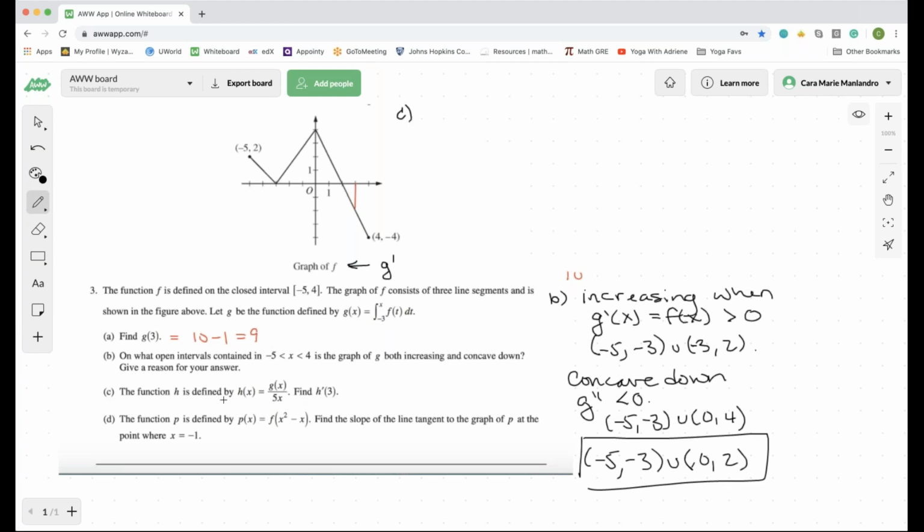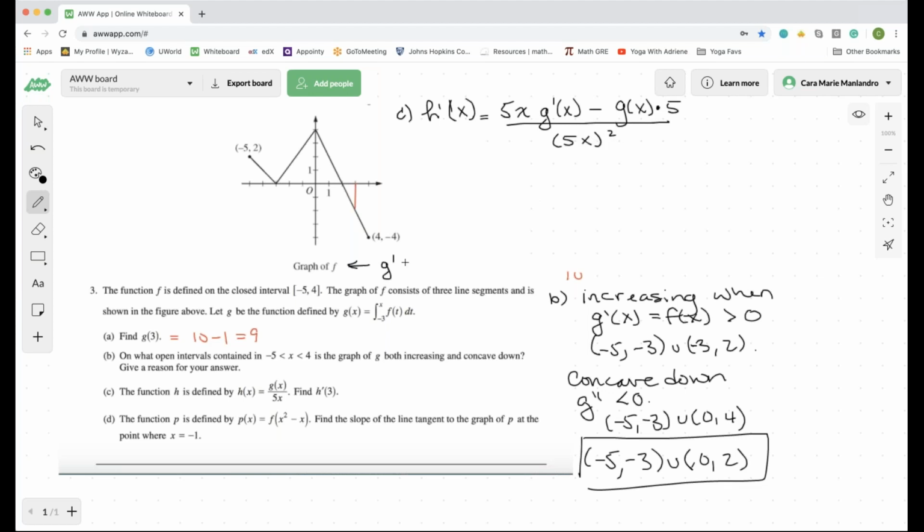Okay, the function h of x is this thing. We want to find h prime of x. All right, best way to do this is to evaluate the chain rule first and then plug everything in. So h prime of x, I have to use the quotient rule. So low d high minus high d low, which is 5, over